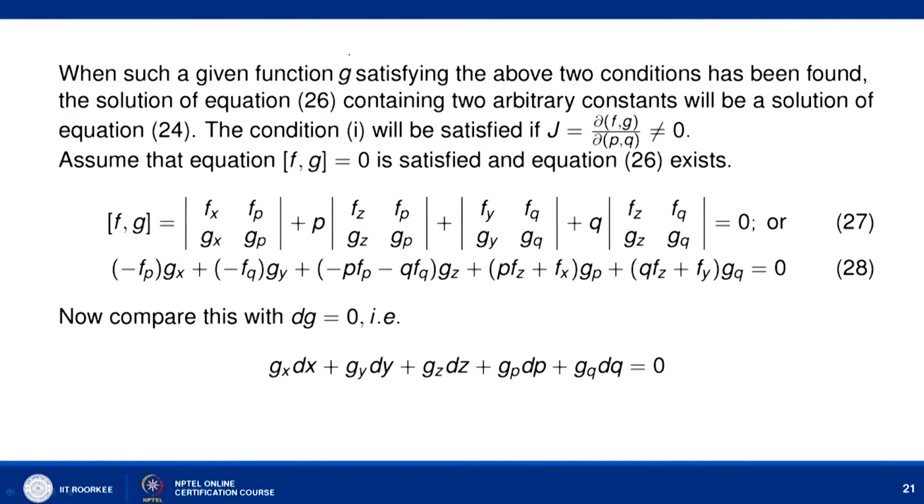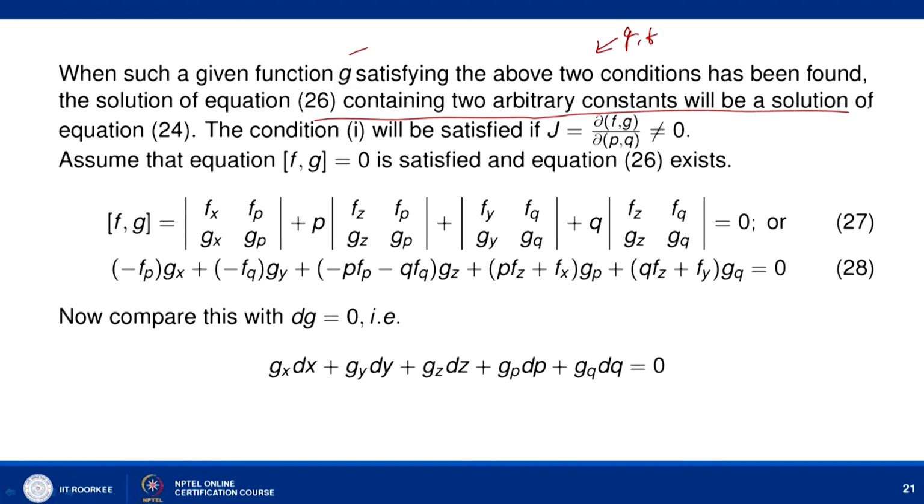This is quite obvious if you remember one of the remarks, that g is compatible with f if g satisfies a certain homogeneous partial differential equation. So, when such a function g satisfying the above two conditions has been found, it means that g and f are compatible with each other and g already has one parameter,